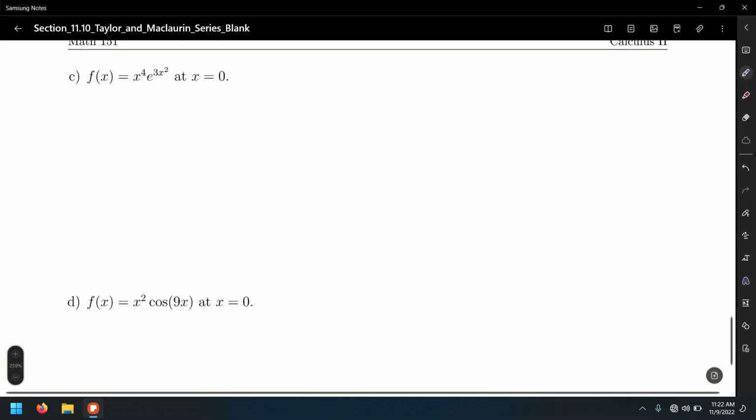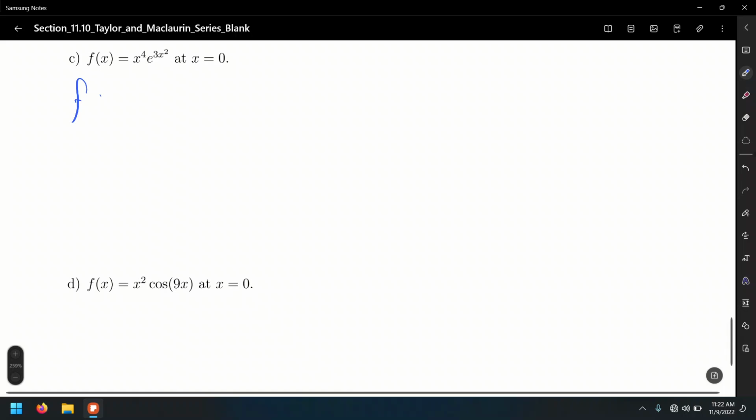We don't have to shift anything. This x squared is the same as saying essentially x minus 0 squared, so we already have the function with the correct shifting which matches the center. So f of x equals x to the 4th